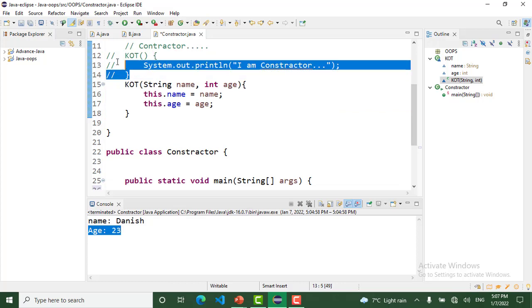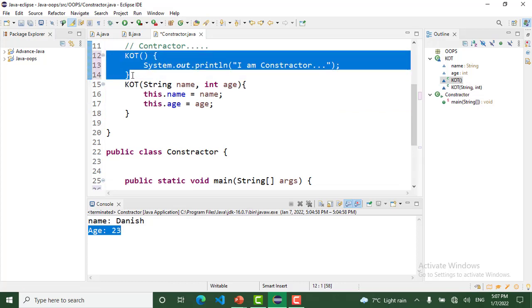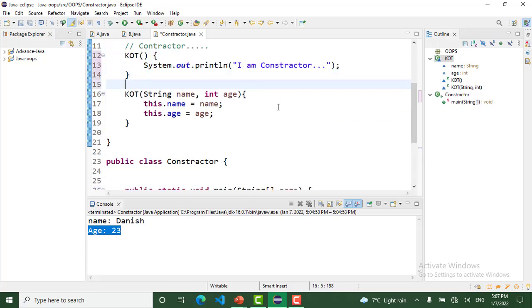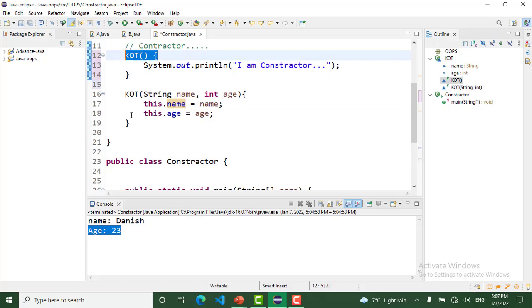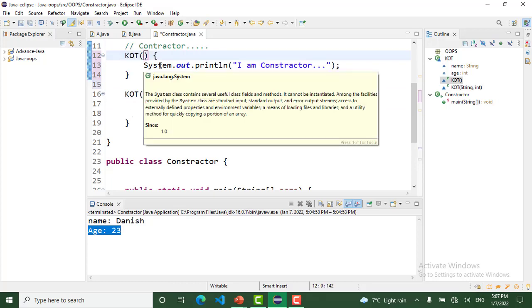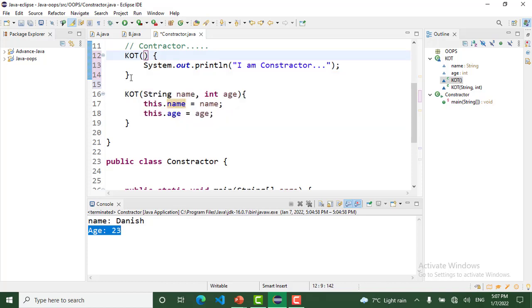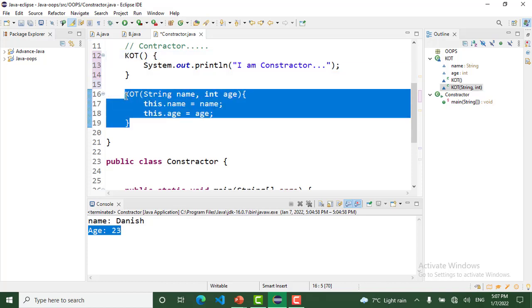That is our constructor with no arguments. We have another constructor for the values, because this constructor has two arguments, but that constructor doesn't have arguments. That is our parameterized constructor.